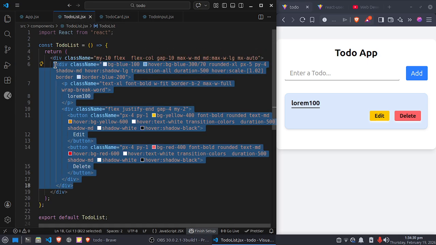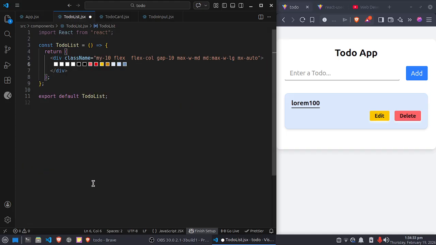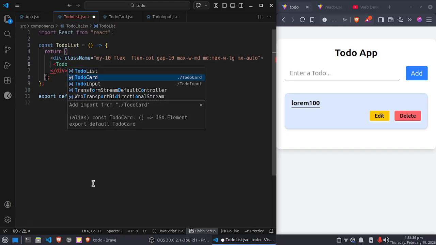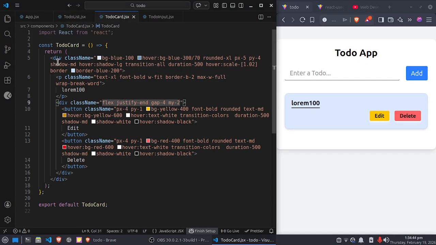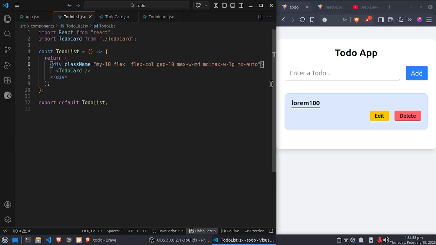And here just remove this, give here ToDoCard, and here this one is working. So why? Because this contains the whole thing, meaning the 2 buttons, their functionality also comes here, and these functions come here. Now one more thing, if there is no to-do, meaning there is no card, then just write here a paragraph tag that says no to-dos yet,